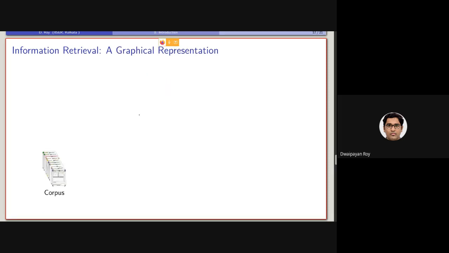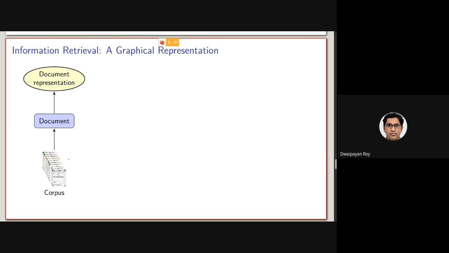Okay. So graphically, the information retrieval process starts like this. First of all, the information retrieval system needs a corpus, that is a set of documents in which the searching will be performed. So corpus is nothing but a set of documents.